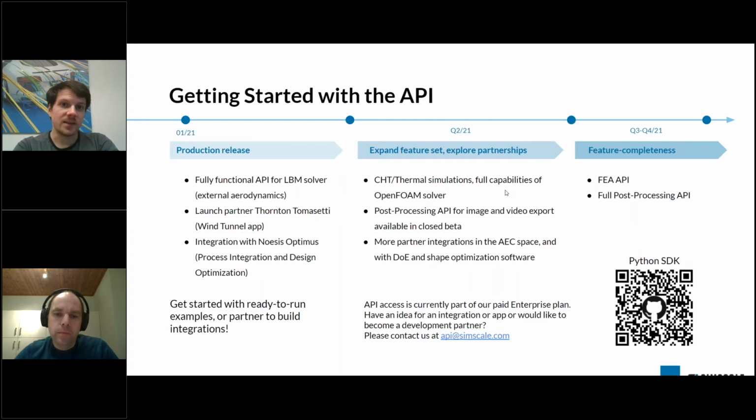What we also built, and there's probably going to be a separate webinar, or at least a blog post on that, is an integration. This was outside of the AEC space. I just want to mention it because it was a very exciting and interesting project. This is a car battery, in the electronics cooling space, where the idea was to build an integrated optimization loop. We have a software partner in this case called Numeric Systems, which have a software called Optimus, and you could couple that software to our API to automatically run design studies